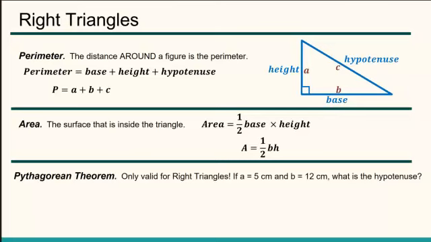And if A equals 5 centimeters and B equals 12 centimeters, what's the hypotenuse? Well, here is the Pythagorean theorem. A squared plus B squared equals C squared. You would plop in those values for A and B. 5 squared plus 12 squared equals C squared. Compute 25 plus 144 equals C squared. I would get that C squared is 169, and then using my calculator, I would take the square root of both sides, getting C equal to 13 centimeters.